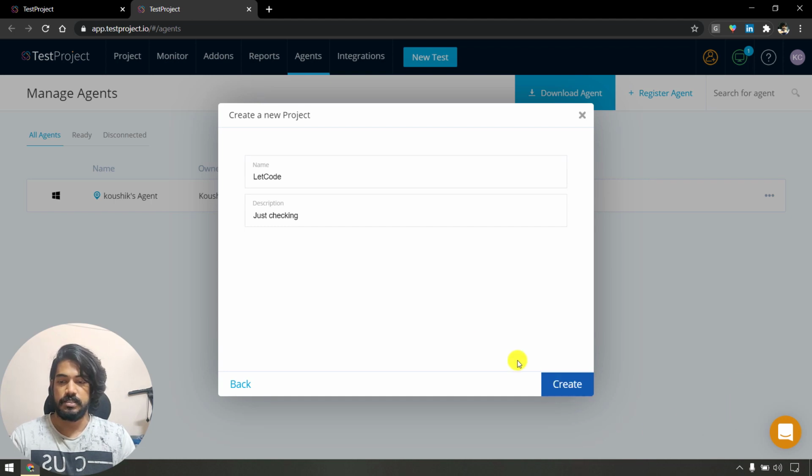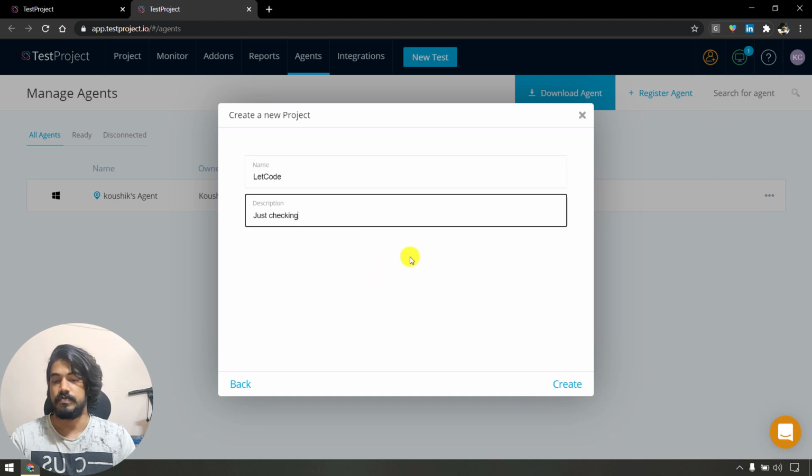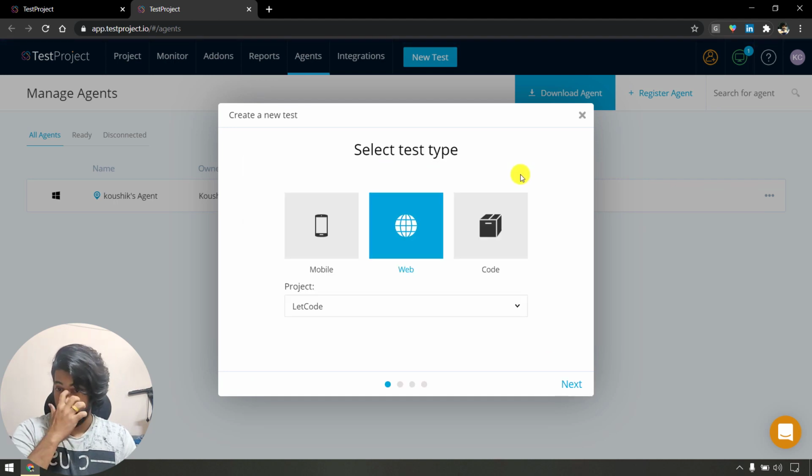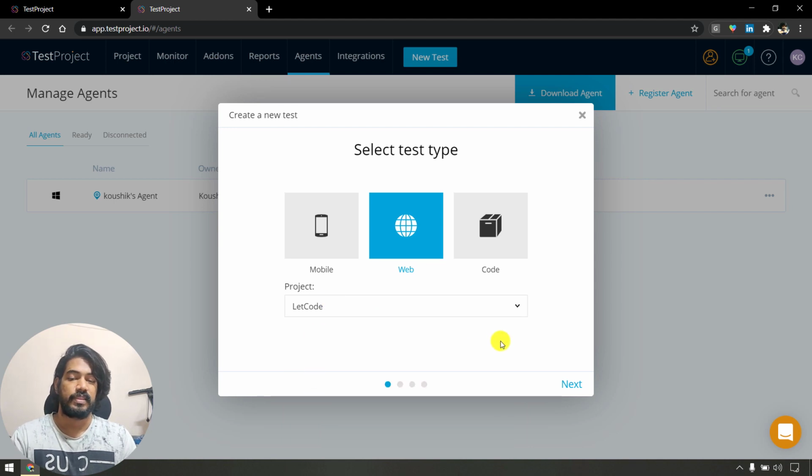If I click on create, it's not allowing me to create. I don't know what's wrong. So let's go back. Okay, let's create. Nothing is working now. I think this has some message. No, okay, nothing is there. So what's happening here? Okay, let's click on next. I believe we have to create a project over here, and then come back and select this project again. That's tedious. I think that should be a single step.